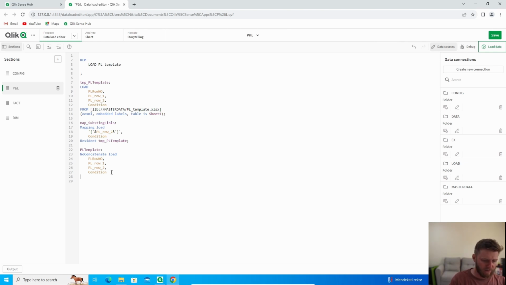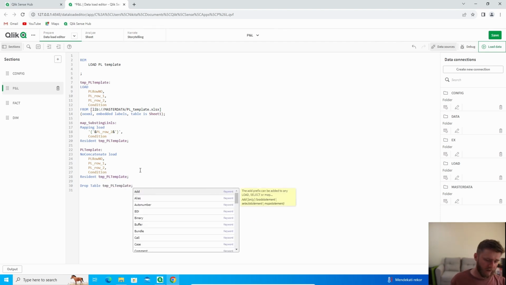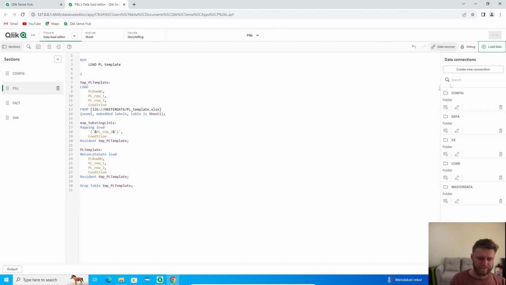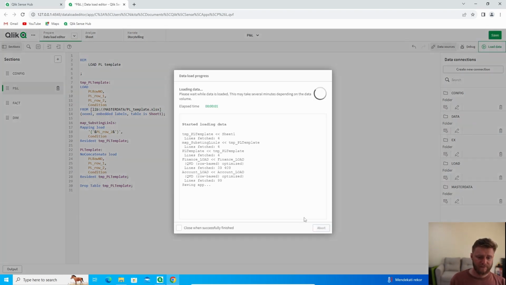Then resident load from TMP P&L template, and we drop that table TMP PL template. Okay, let's save and load data